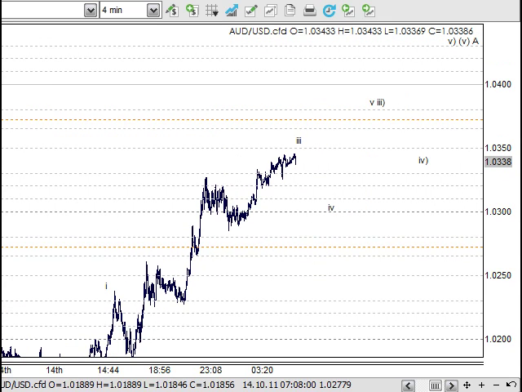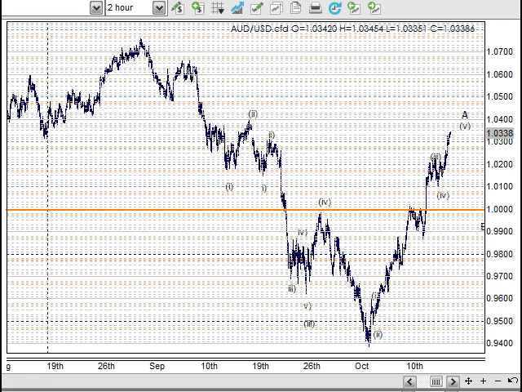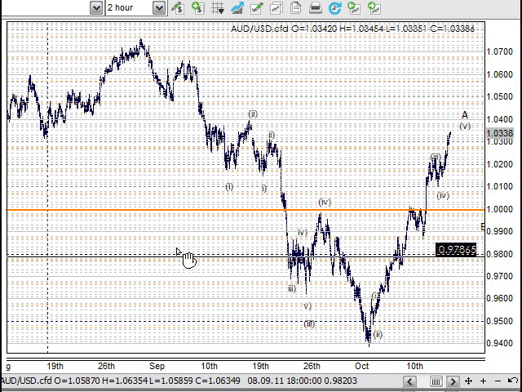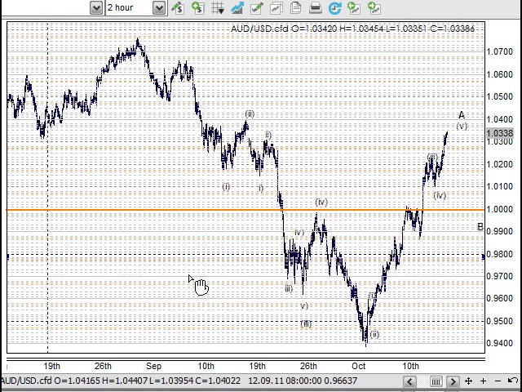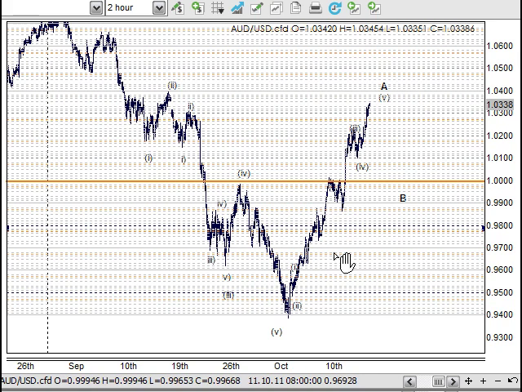The gap's being covered, and then 4, 5. So we're just looking at the topping section there. The gapping is here. You'll see this gap in here. You'll see that on the 4-hour charts on the site there. So that's just coming in to be closed now. So we're still looking for that A wave up here. And as I mentioned on Friday or Thursday, or maybe even before that,